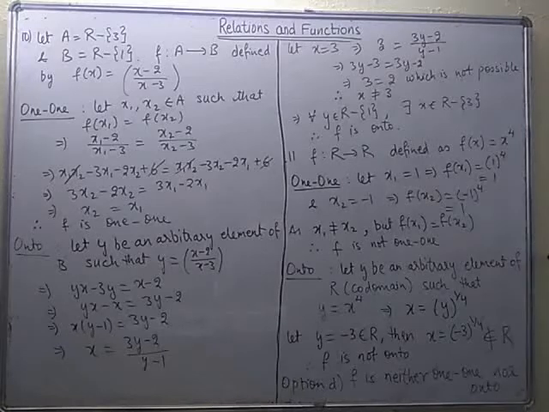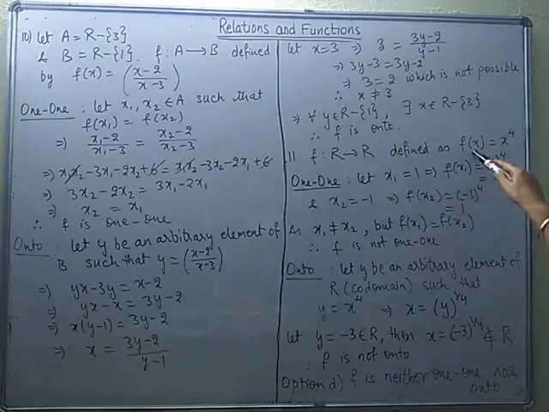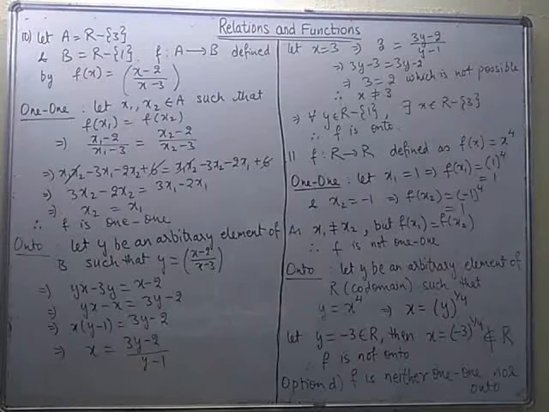Moving on to the 11th one, which is a multiple choice question. We are given function f from real numbers to real numbers, and it is defined as f(x) is equal to x to the power 4. So you need to check again whether it is one-one and onto or not, or one condition is satisfied, other not, and we have to justify. You will quickly get an idea from the way f(x) is defined. It is x to the power 4.